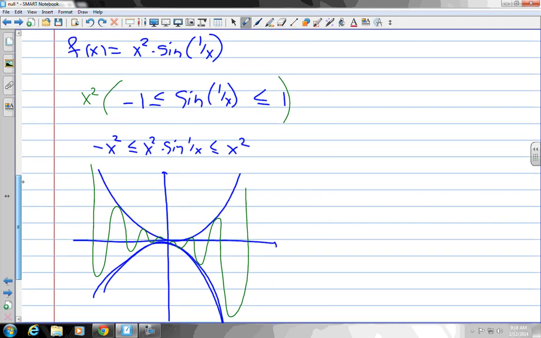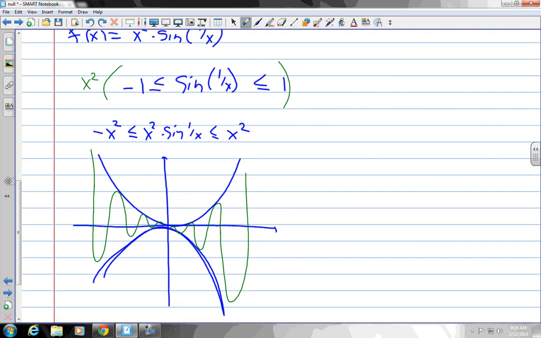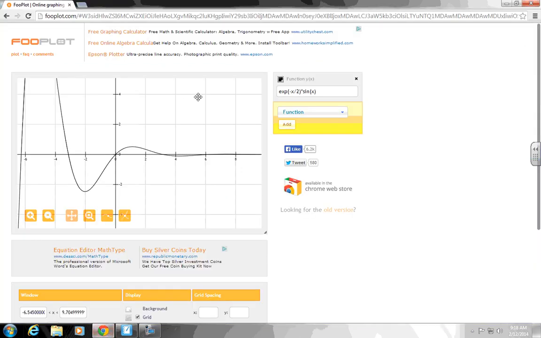So you always use the fact that sine or cosine is between negative 1 and 1, and then you just multiply by what's missing. We'll be able to figure out exact points. Not really. Nobody cares about the exact points. You just want to see the exact shape. If I do this, x to the power 2 times sine of 1 over x,